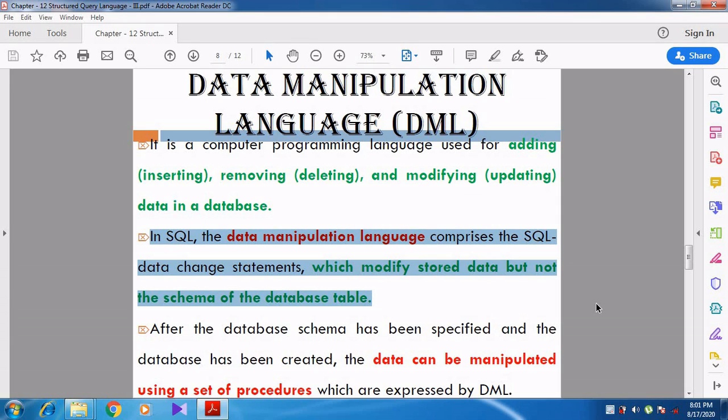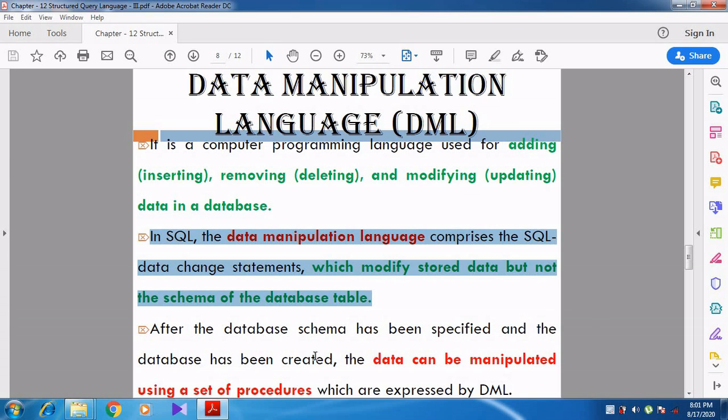For example, if it contains the name Subramani, that data can be modified as Murugan. So the existing data stored in the table can be changed, but we cannot modify the entire table. We cannot modify the structure of the table, right?